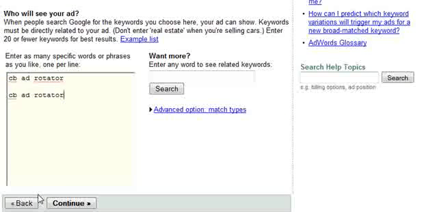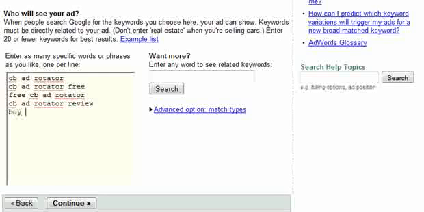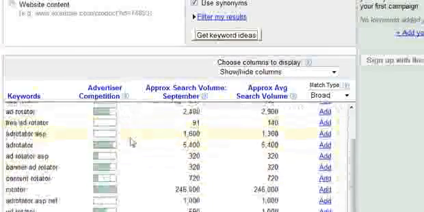and then let's say CB. Oops, I'm just copying it so I can use it for some other things. So let's say CB Ad Rotator free. Let's say free CB Ad Rotator. Even though it's not free, you put that in there, you're just going to get a lot of attention when people are trying to type this in. Or CB Ad Rotator review. Buy CB Ad Rotator. Those are just ideas I'm coming up with,